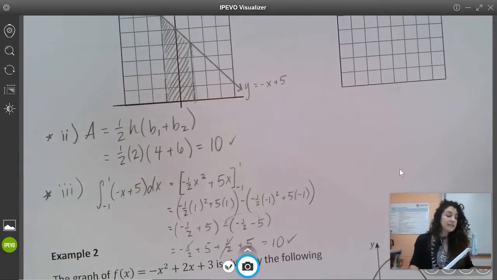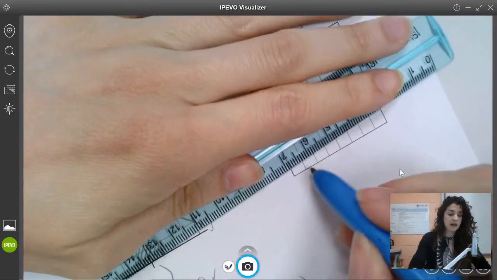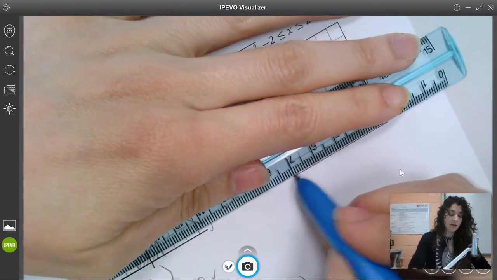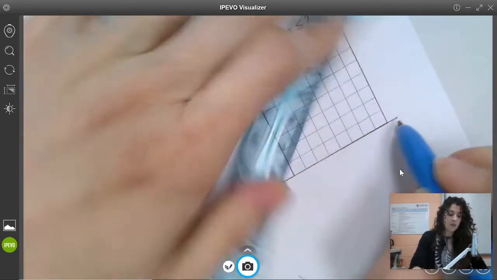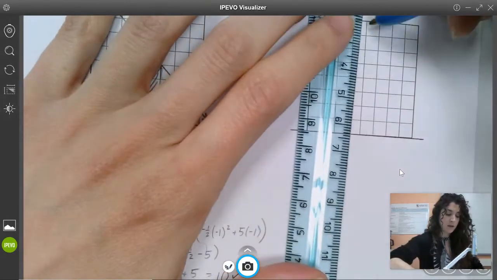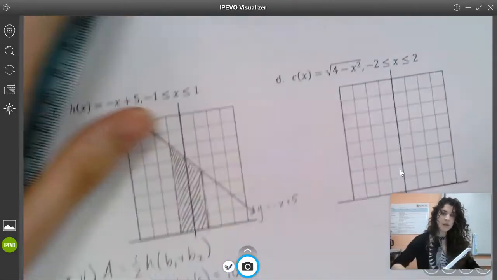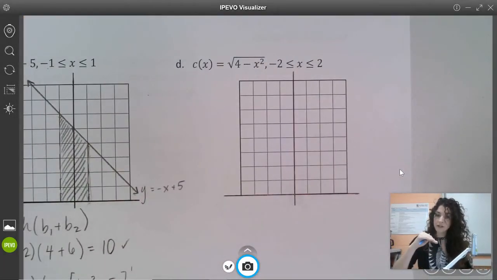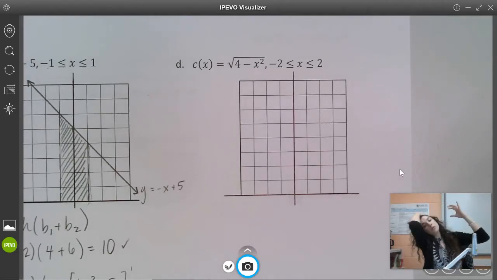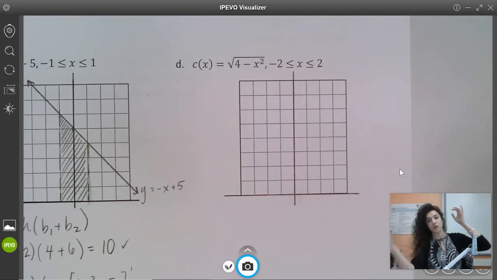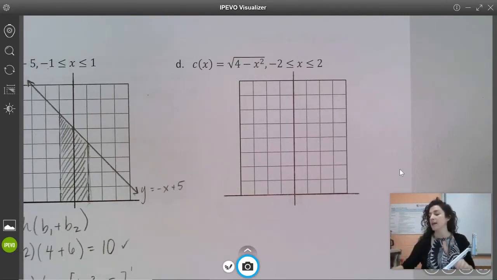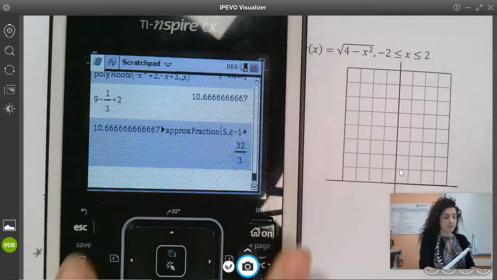All right, last one. This one is going to be a little bit different because we don't know how to graph this. We haven't really talked about it. And we don't know how to find the integral of this. So we're going to use our calculator for all of this. I first know that I'm only going to have my boundaries of the x-axis below, and I'm going to be between the interval of negative 2 and 2, which means that I need to have my x-axis where I put it and my y-axis where I put it. Then I grab my calculator, go to my graph,